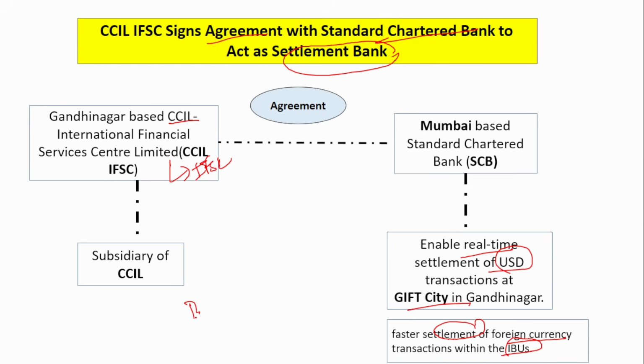Previously, if one banking unit wants to transfer a foreign currency transaction to another banking unit, the transaction does not take place directly. That is, this banking unit does not send the money directly. Instead, it sends it via a correspondent bank. Correspondent bank is nothing but a third party that facilitates this foreign currency transaction. So this banking unit will send a SWIFT transaction to the correspondent bank, and that correspondent bank will send the money to this banking unit. This is how it was happening.